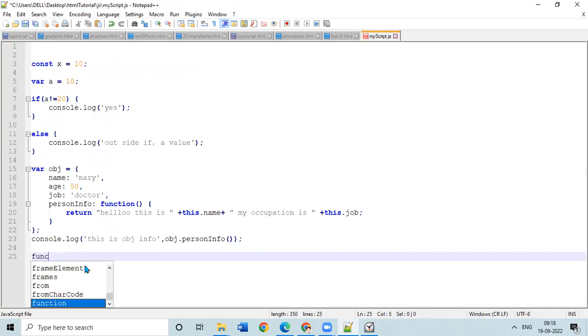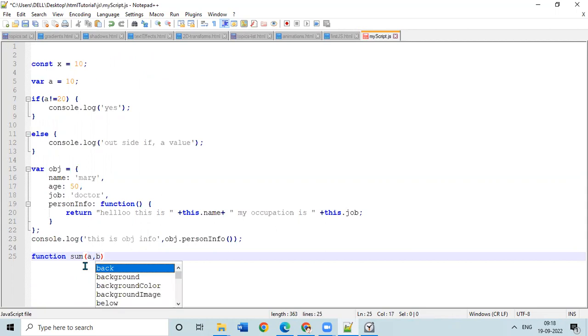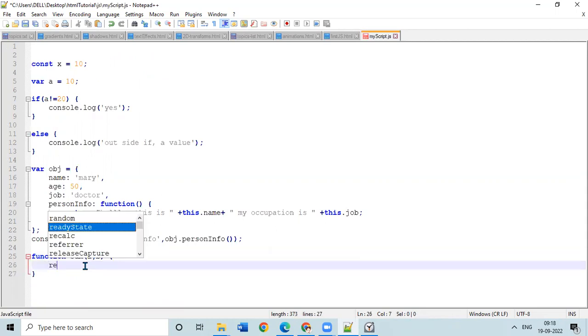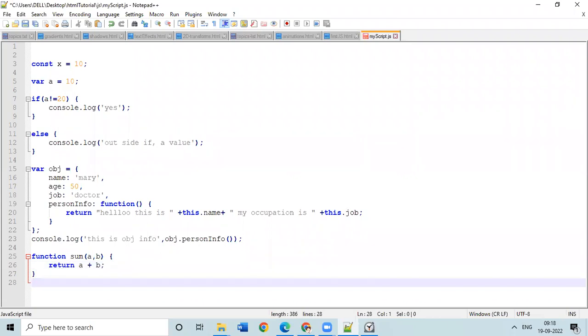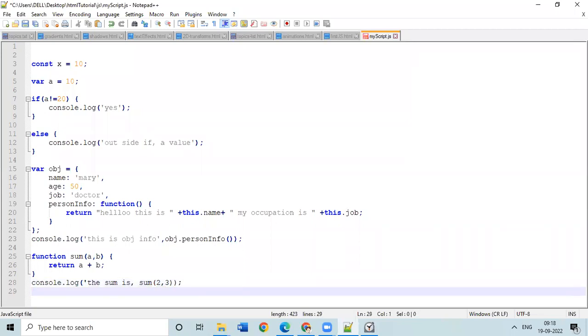Suppose a function add or sum of a comma b. Here I return a plus b. You can give a space here for cleaner code. Here you can call like this: console dot log the sum is, and what is that, sum 2 comma 3. Okay, like this. Save it